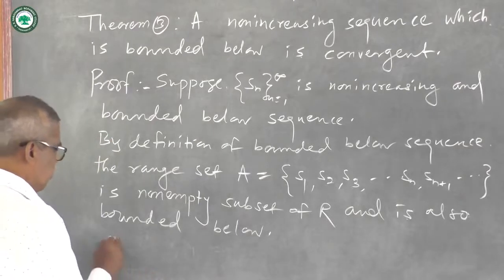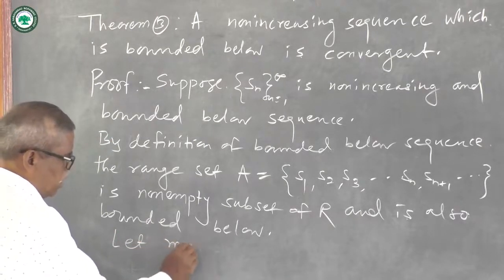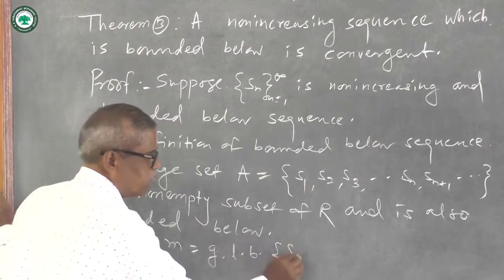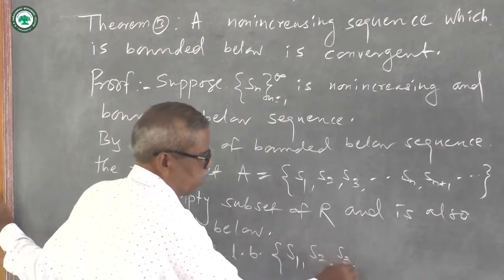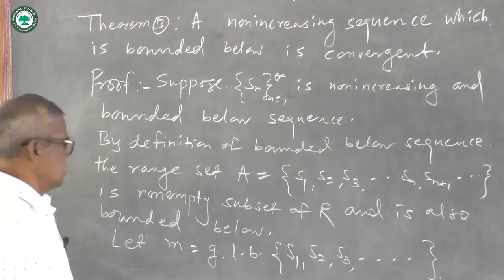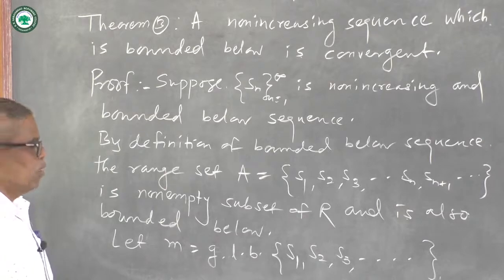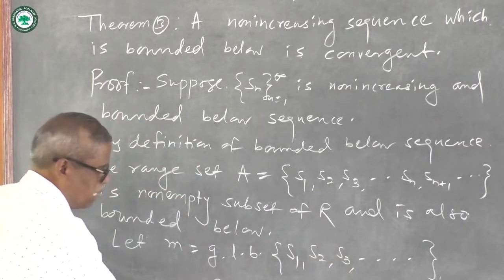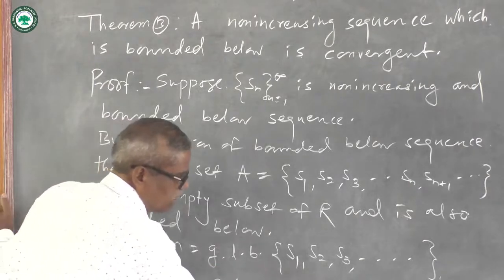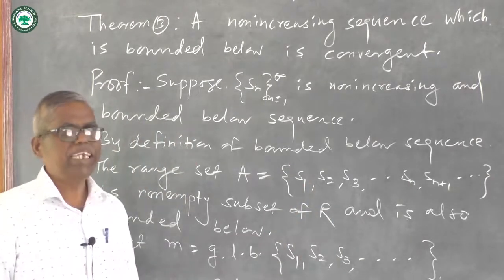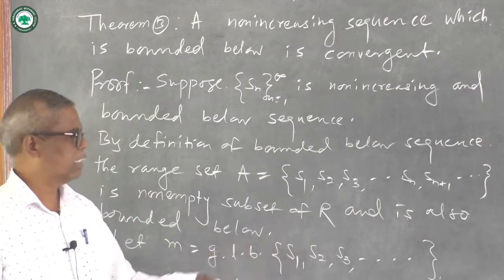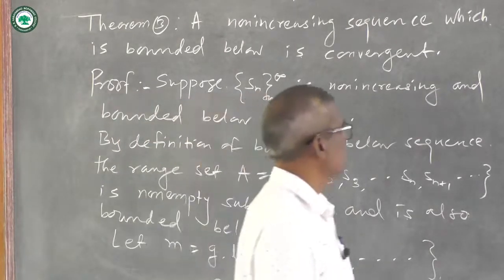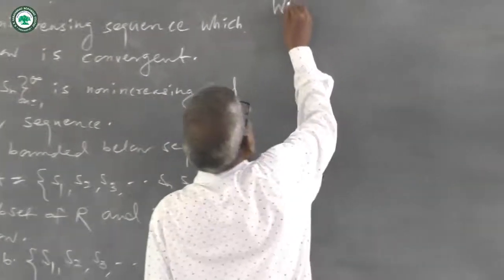Let small m be equal to the greatest lower bound, GLB, of the set S1, S2, S3 and so on, which is the range set, equal to GLB for the set capital A. Small m is the greatest lower bound of this set S1, S2, S3 and so on, which is the range set capital E. We claim, we have to show that